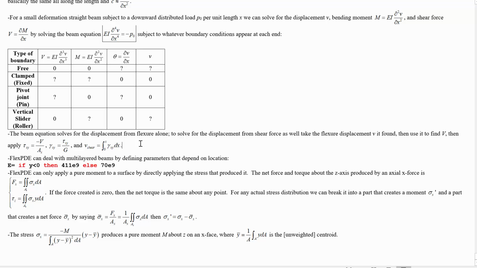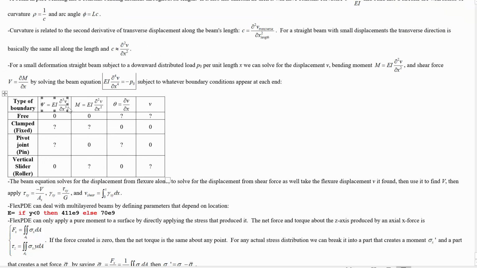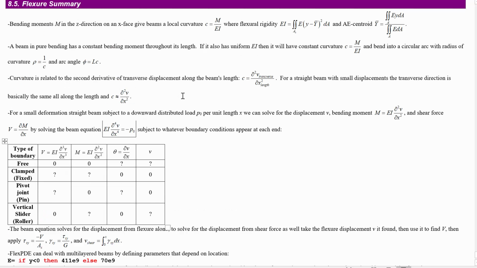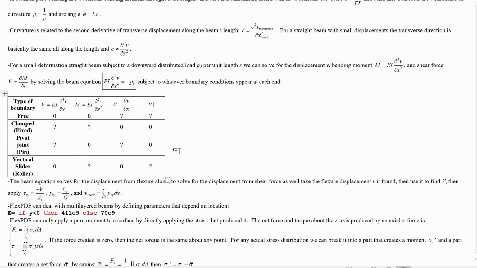Now this can run into trouble if you end up having a breakdown in the requirements of this, notably the requirements that led to the shear force being calculable from only the displacement from bending, saying that this is the bulk of the displacement, and we're going to meet the boundary conditions just with this. That can run into a little bit of trouble sometimes if we have complicated boundary conditions